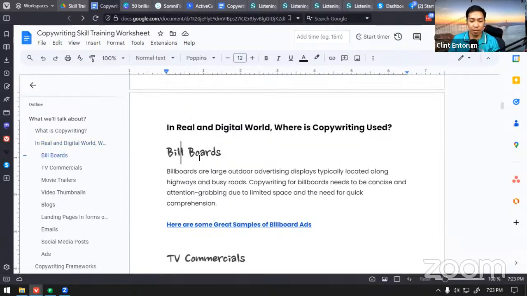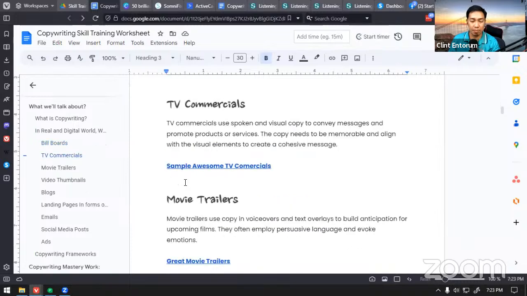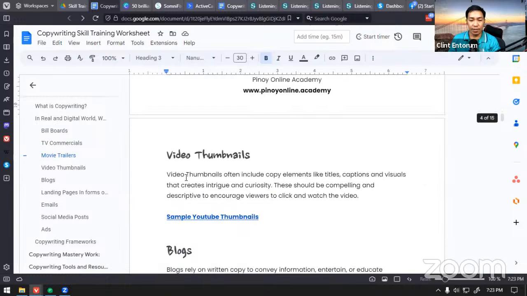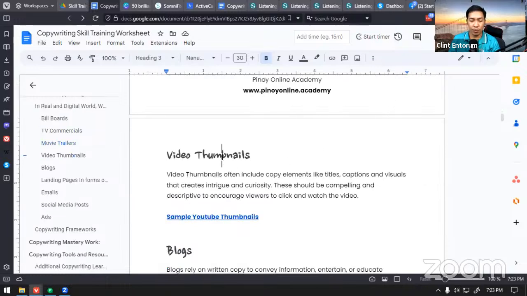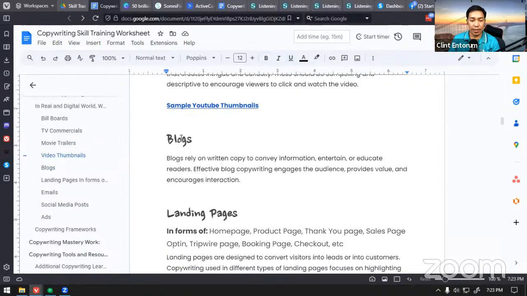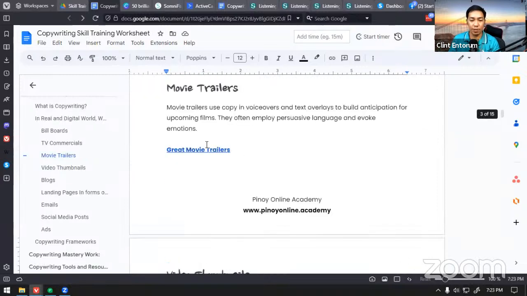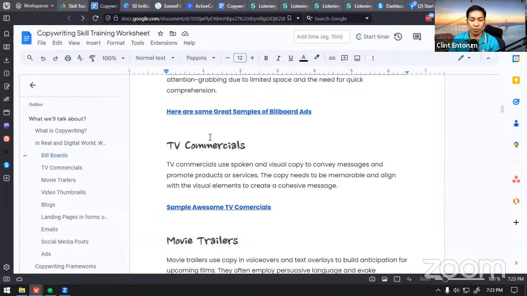Then you might be able to create billboard ads like that. And more likely for us in virtual assistant work and even in freelancing work, copywriting will be more applicable in videos that we are creating, like in video thumbnails. There's always a copywriting included there. It's pretty much like a billboard when we are creating thumbnails.